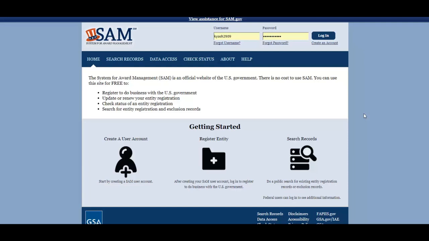Things happen that way. However, we are in the System for Award Management, and what I'm going to do here is take you through my process. I'm already in the system, but it's time for me to update my Kayash's registration. As you can see, we are in the System for Award Management, and again, it is a system